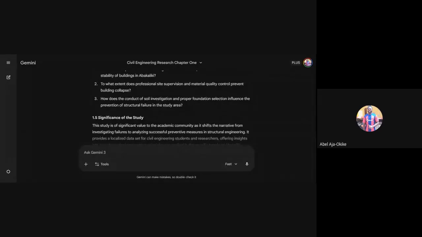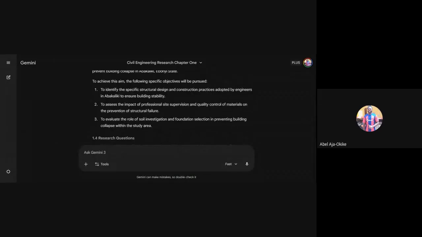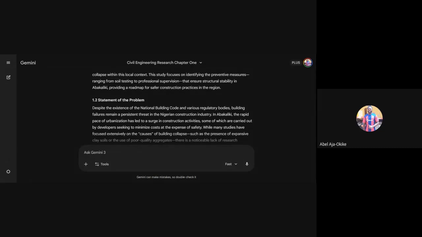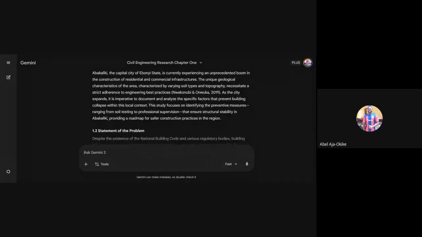So I want to show us something using a place where there is a citation. So watch me now. So let's say we have something like this. Watch the place I'm highlighting. I'll read the sentence so that you understand it. The unique geological characteristics of the area, characterized by varying soil types and topography, necessitates a strict adherence to engineering practices.